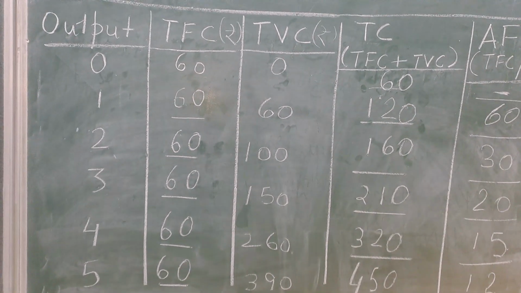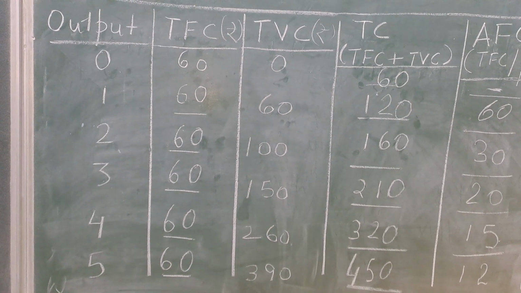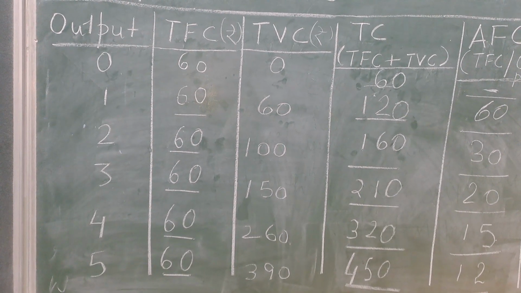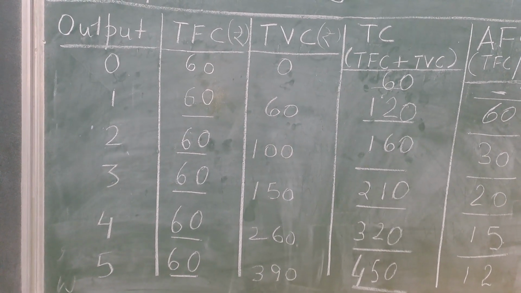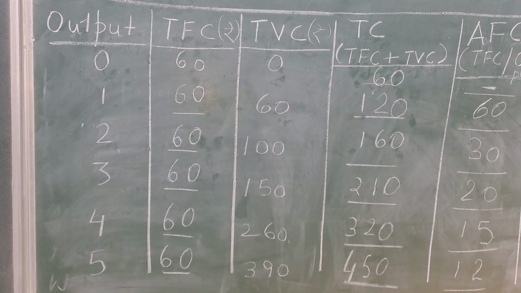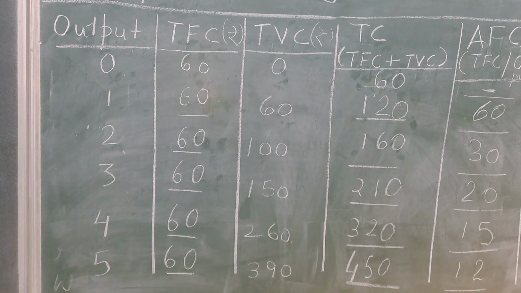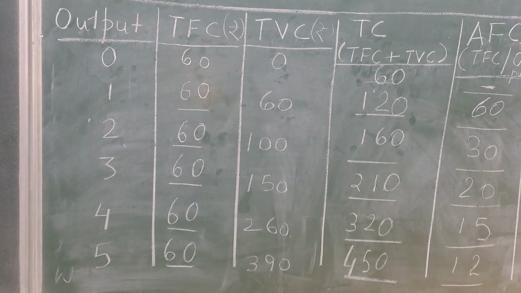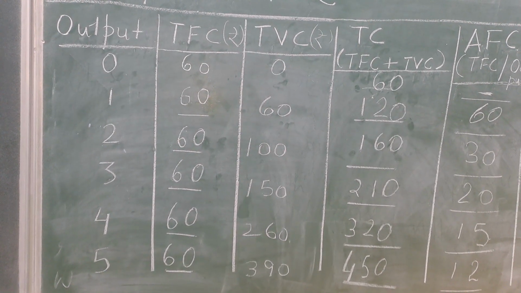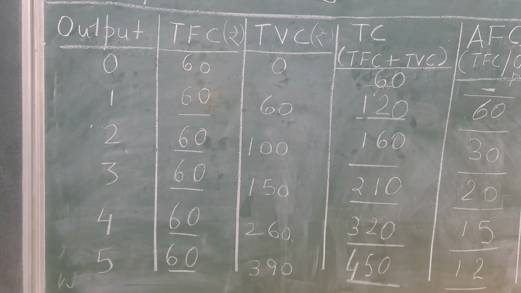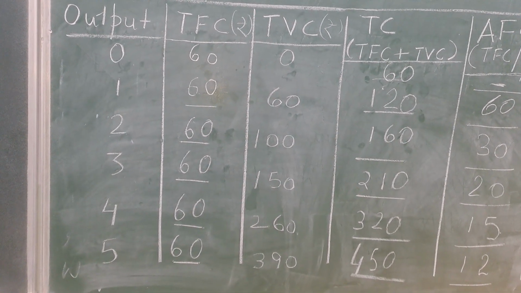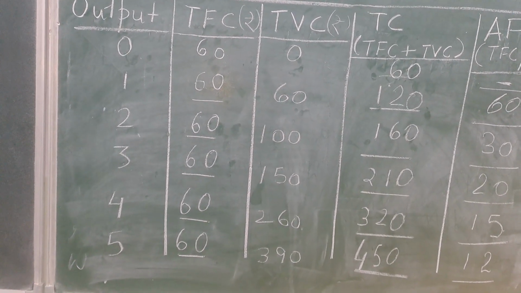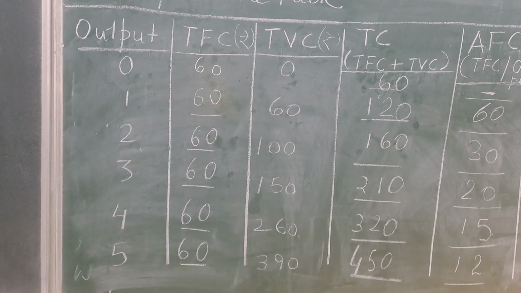So what you have to do is, see, total fixed cost is generally fixed throughout. So 60 you will copy as it is whether the production is 0, 1, 2, 3, 4, 5. Everywhere total fixed cost will be the same as the first one, because see why this cost is fixed? Because if you are paying rent, even if the production is 0, then also you will have to pay the rent from day one even if the production is 0. And rent will remain the same throughout if the production increases to 1 unit, 2 unit, 3 unit, 4 unit, 5 unit. So the first column will be filled with 60 as it is.